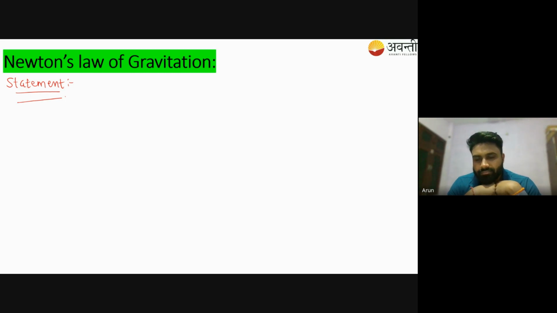Like this, the gravitation term is defined as the tendency of a particle to be attracted by another particle. Whether it is actually getting attracted or not is not the final task. If it is getting attracted, good. If it is not getting attracted, then we cannot say that gravity is not acting there. Gravity is always acting, but the amount of force experienced by that particle is not sufficient enough so that it can pull the other